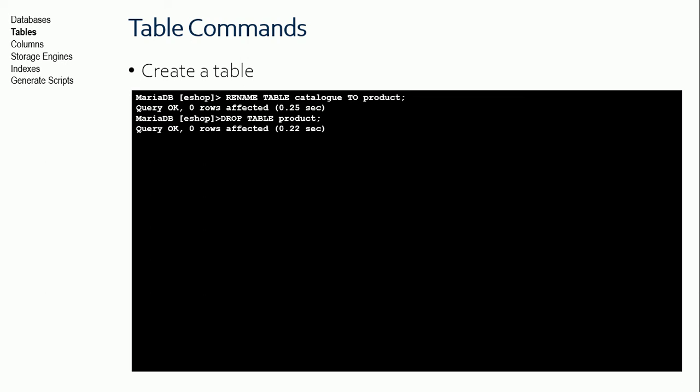Or it'll tell you you're not allowed to because you have it set up in safe mode. So there's a little button you can hit that says safe mode, so you can't accidentally drop tables and databases and things. Doing a drop is generally not reversible, so you have to restore from a backup if you accidentally drop something. And we'll talk about how to do backups in the next course. So in Info 366, we talk about backups, high availability, business continuity, and things like that with databases and how